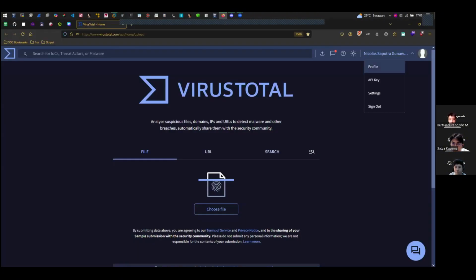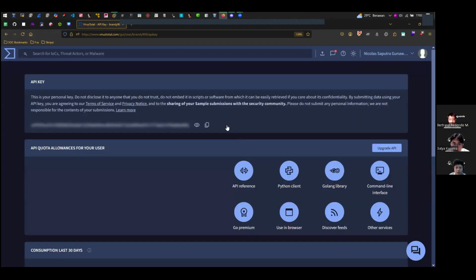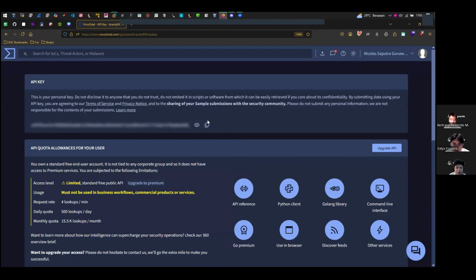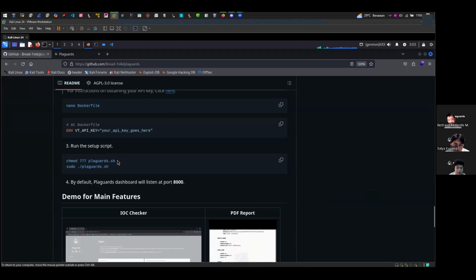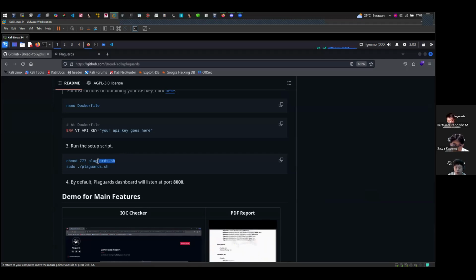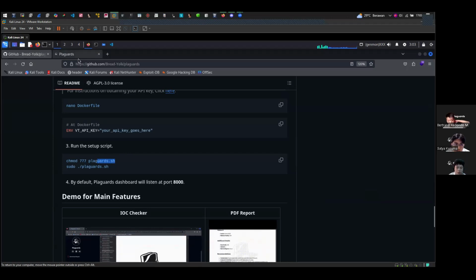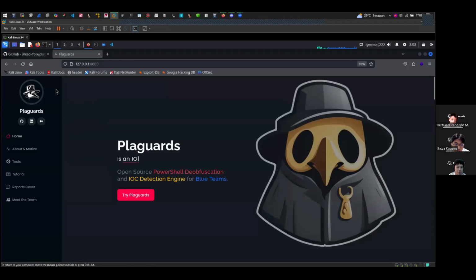You can check your profile, go to the API key section, and copy your API key and paste it into the profile configuration of PlayGuards. Afterwards, you can set the permissions for the PlayGuards script to be readable, writable, and executable. Then you may execute the PlayGuards script with sudo permissions. Once the installation is done, you can access the PlayGuards application at port 8000.